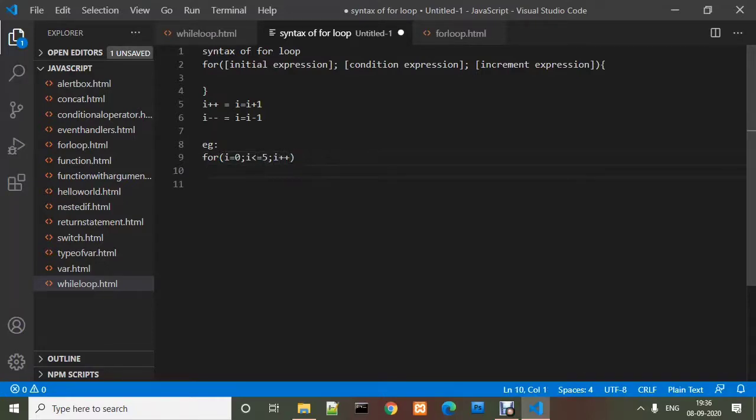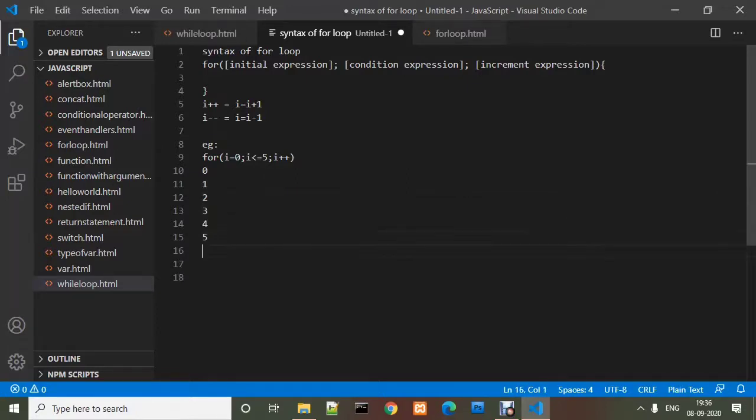So what is the output? It will print 0, then the I plus plus will happen and the value of I will be 1, and it will check whether the value of I is less than or equals to 5. So 1 is less than or equals to 5, so 1 will be printed, 2 will be printed, 3, 4 and 5.